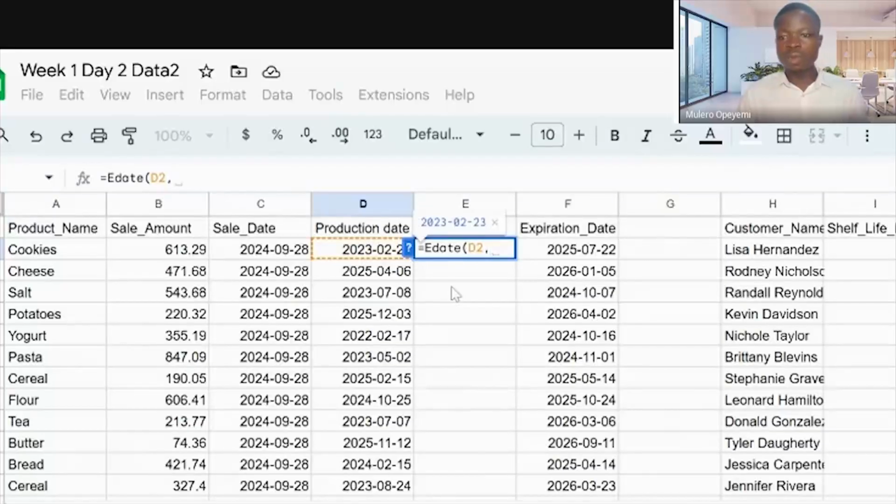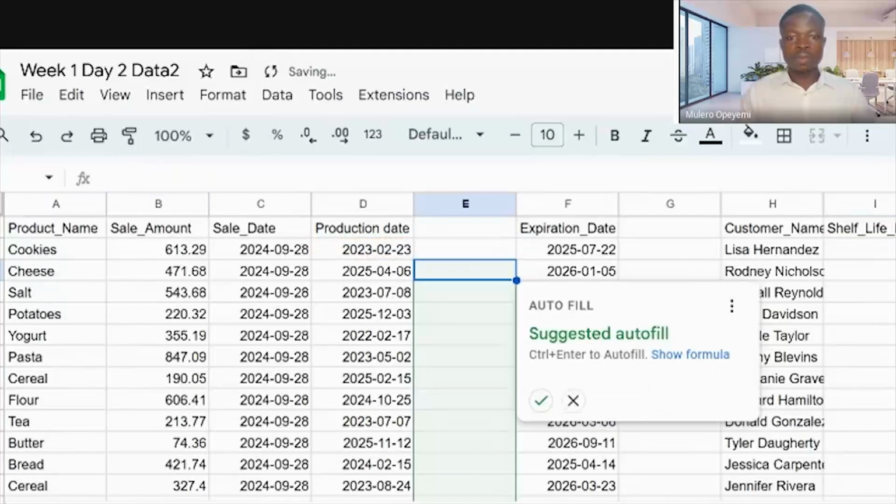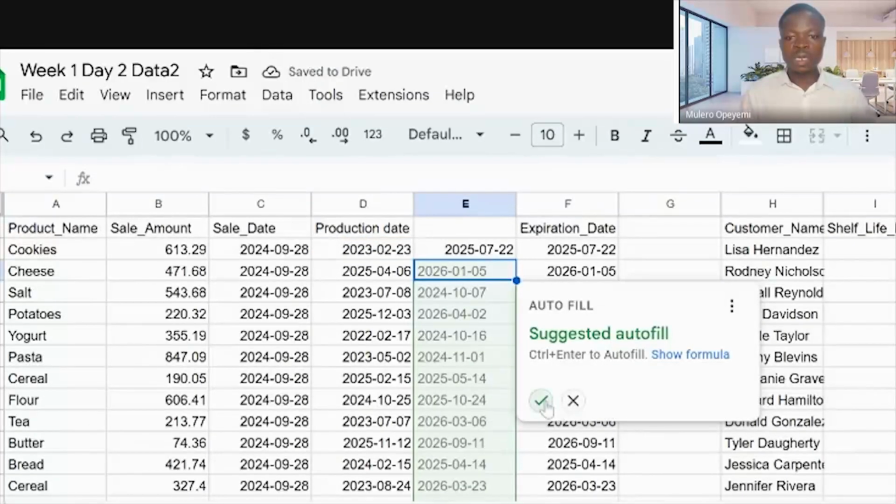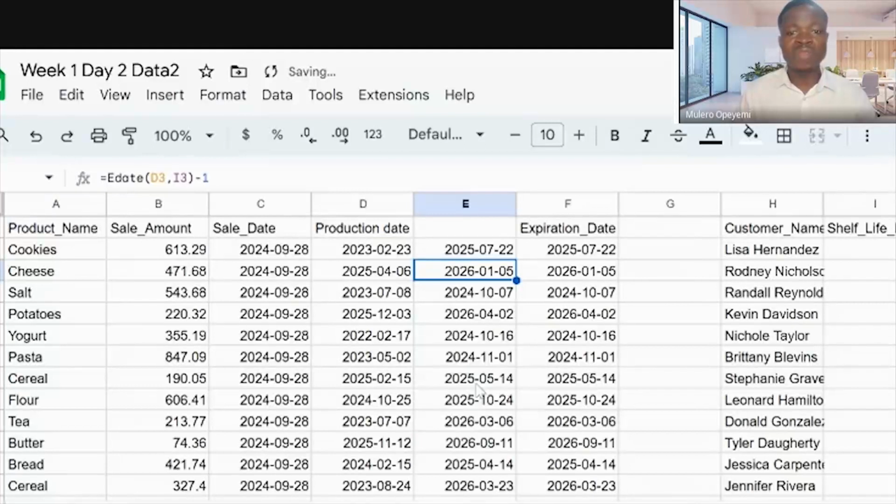In this case, we don't need to add a negative, so we just include this. Close the parentheses. We are getting from production date to expiration date, so it will be -1. So automatically we get the result that we desire. So that's the way you navigate your way around Excel EDATE.